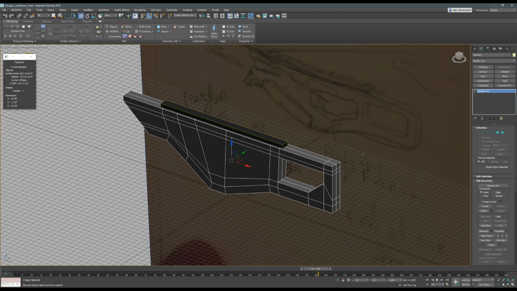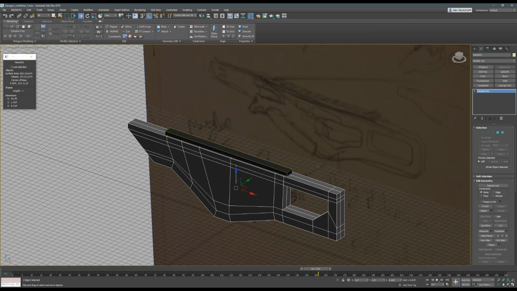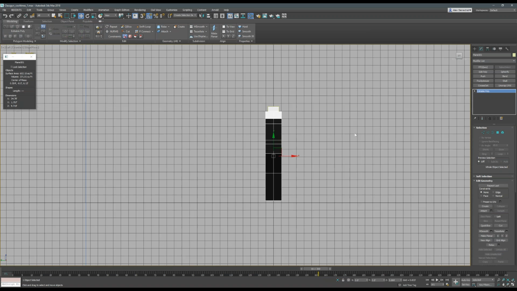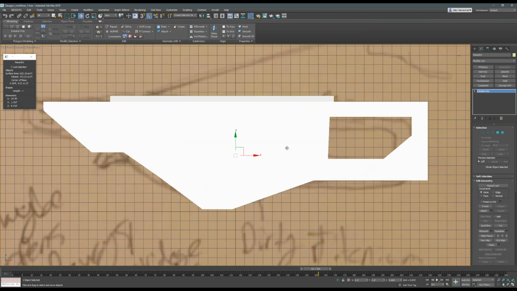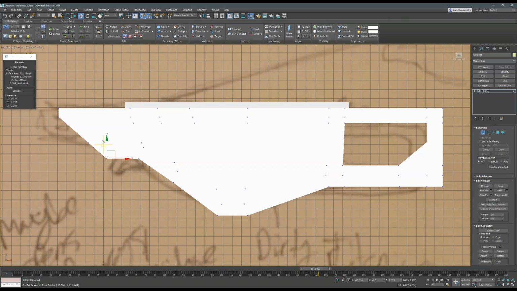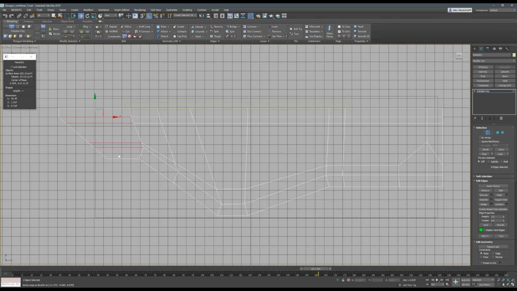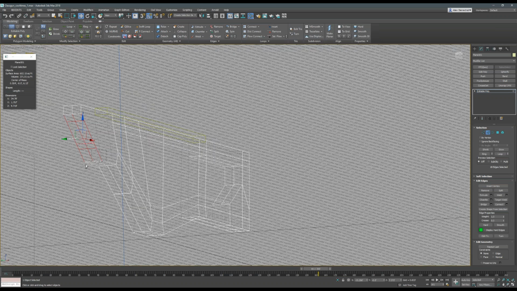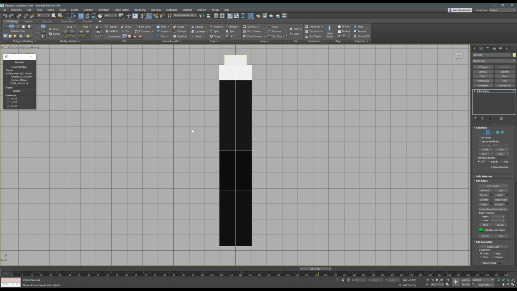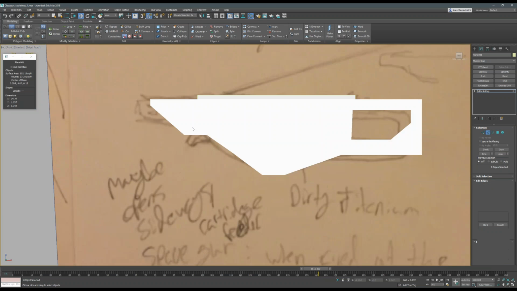I'm just thinking functionally. Let's start adding placeholders for the most important parts of the gun, and getting rid of topology that we don't need just yet. For example, I want to keep changing this front shape, so I'm just going to delete these extra edges here and make a big end-on. So now I can